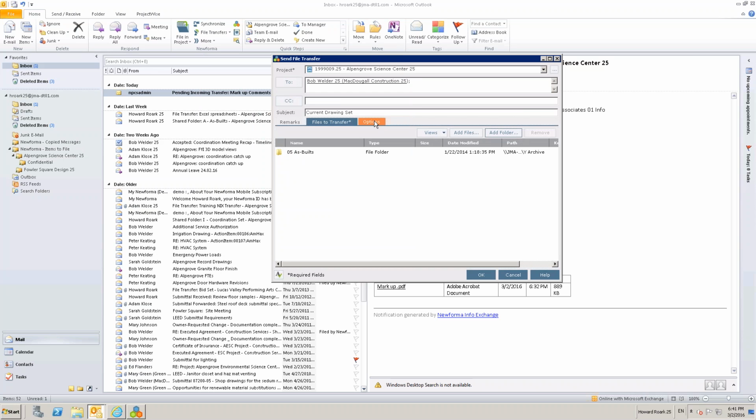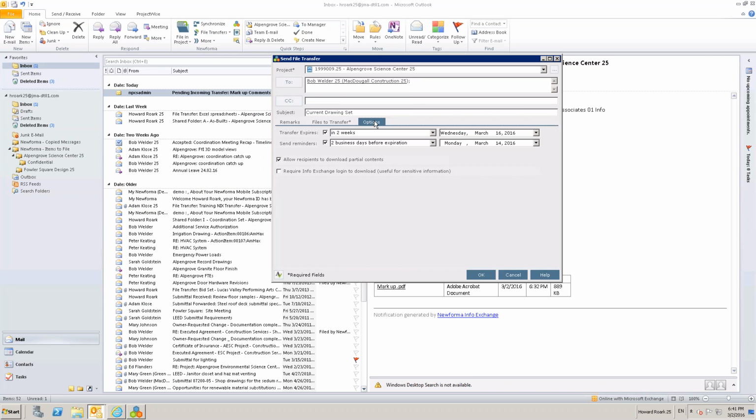And then in this final tab here under Options, there's a few other things that I can configure. So I can go ahead and select the expiration date. I can configure some reminders that I might like to set up. And again, I can allow recipients to download partial contents and set up that requirement for the recipient to log into the website. And you can see there it will prompt you that that's the one that's for your sensitive information. So all I need to do then is go ahead and hit OK,